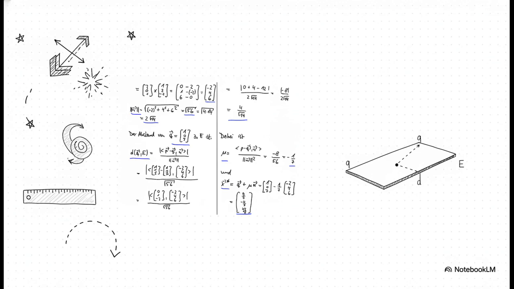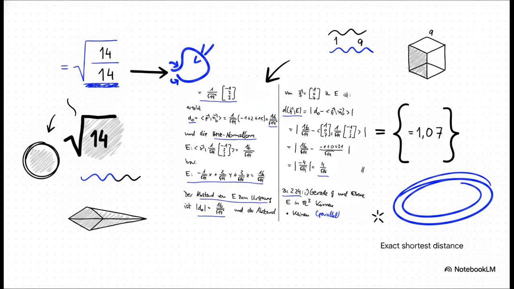Now we need the length of that vector. We find its magnitude by taking each component, squaring it, adding them together, and taking the square root of that entire sum. So negative 2 squared is 4, 4 squared is 16, and 6 squared is 36. 4 plus 16 plus 36 yields a magnitude of the square root of 56. And we can mathematically simplify the square root of 56 down to 2 times the square root of 14. Once we have that magnitude confirmed as 2 times the square root of 14, our absolutely crucial next step